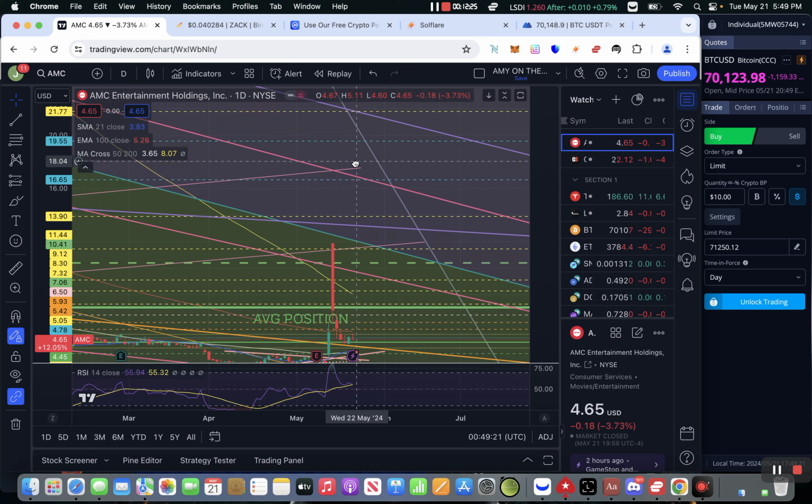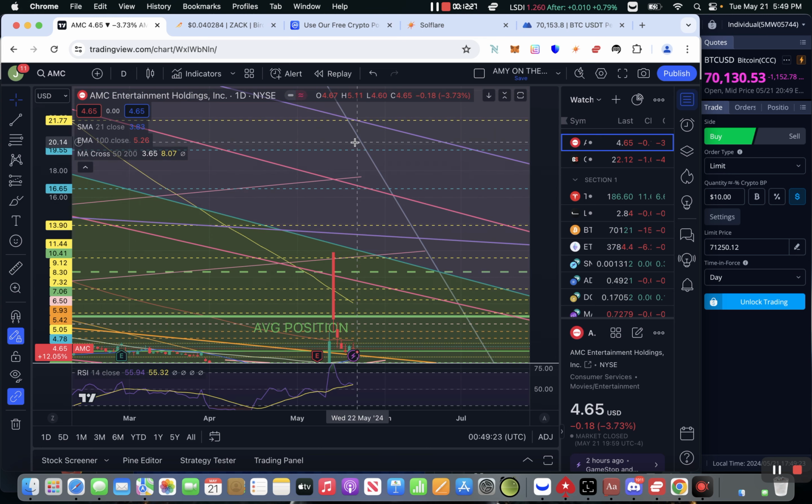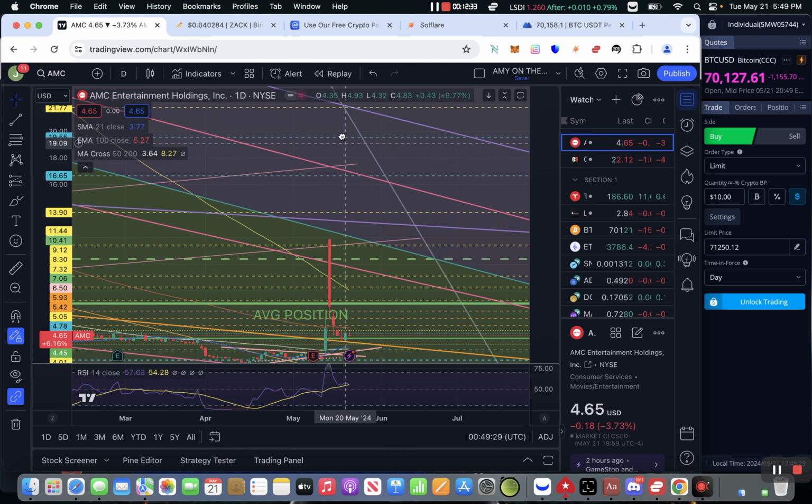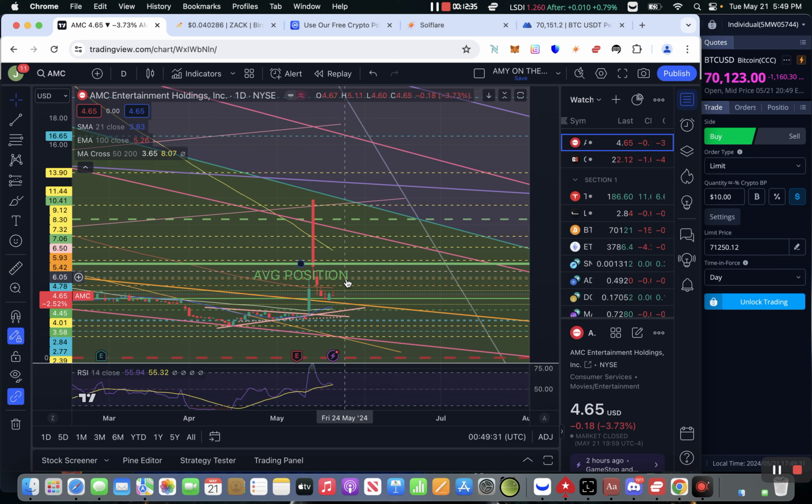I mean, it could be, for all intents and purposes, if we get a massive green candle over here in the next 2 days or whatever. But I don't think that's going to happen. It's going to do something here, and it's going to start going up. And this green speed fan line is from the IPO. This guy right here, right?